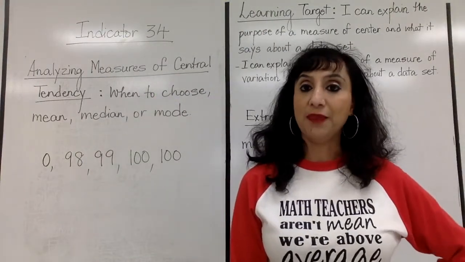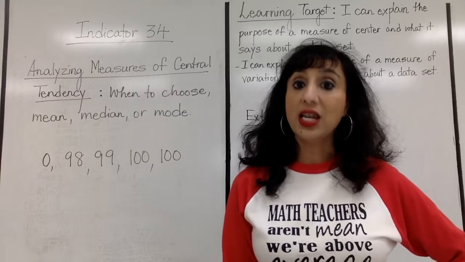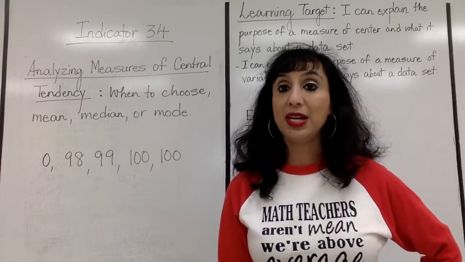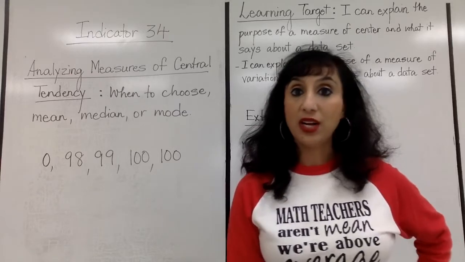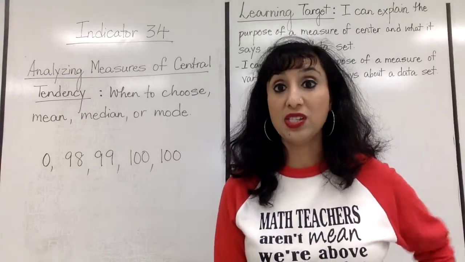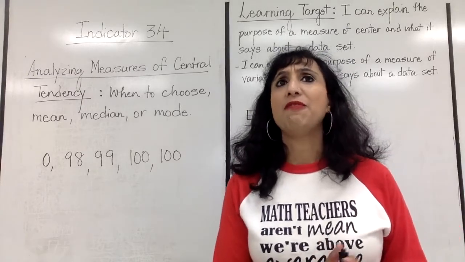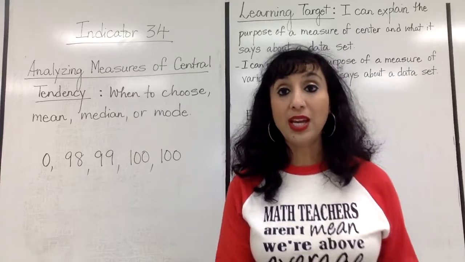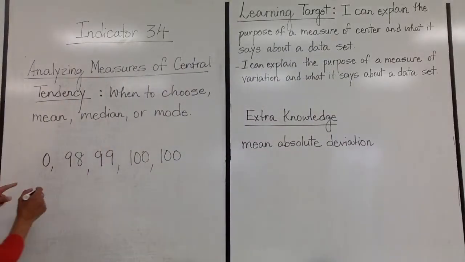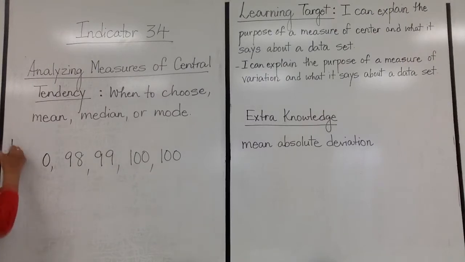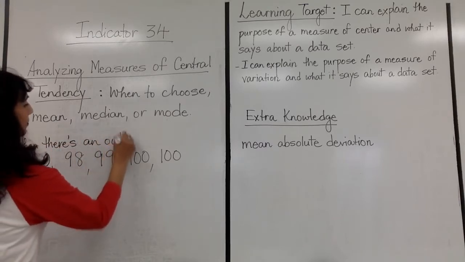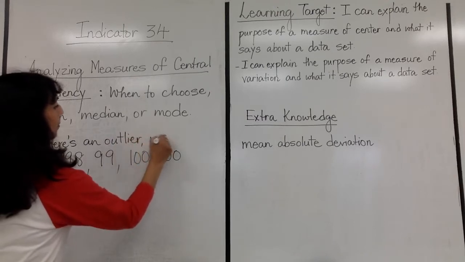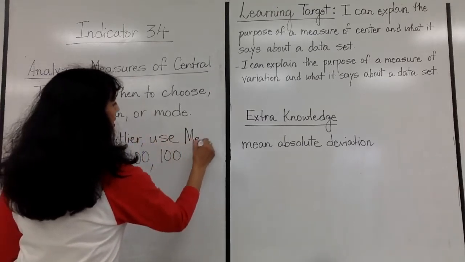So here's the thing. Mean is greatly affected by an outlier. So when there is an outlier, mean should not be used because that average is going to become very misleading. So whenever there's an outlier, use median, because